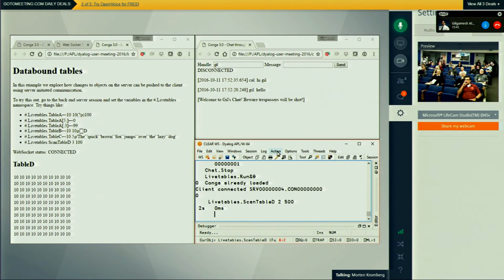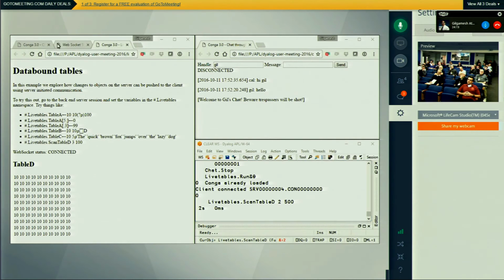My mini project, since Bjørn gave me this Conga 3 version, is to create a sub-protocol for WebSockets, which is the Web Application Messaging Protocol, which allows us to use a separate router for broadcasting messages as well as acting as a remote procedure router. What I've used is a router implemented in Python called Crossbar.